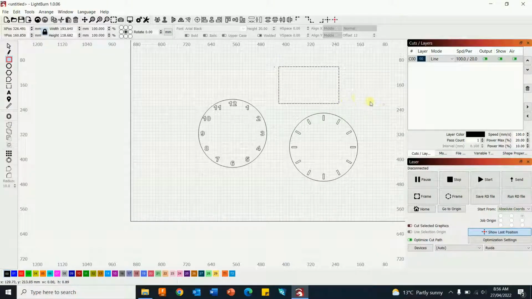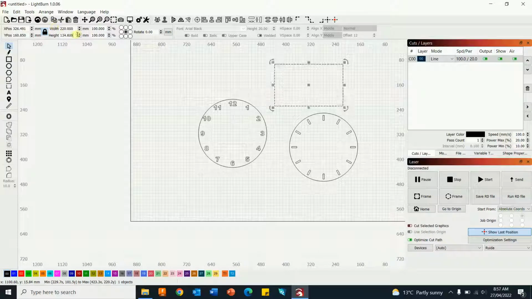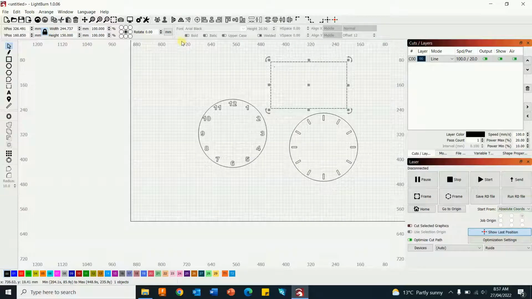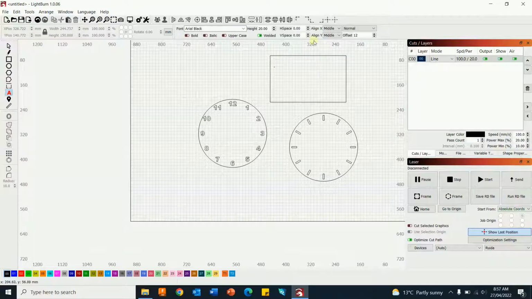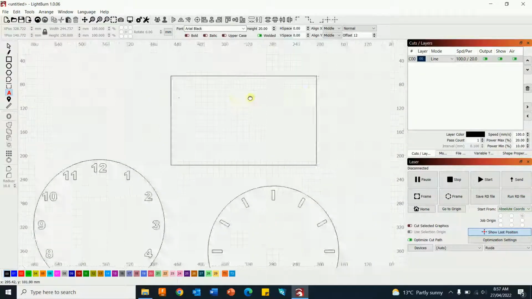Now if you have a rectangle as your clock face, it's going to be a lot harder to position all your numbers or increments. So the easiest way is to do the following. I might make that width 200, we'll go to 220 again, height 150. So there's our rectangle, and we're going to have a clock face in there, but we're going to follow around the edge. So what we're going to do is put in the numbers, zoom in, rolling the mouse,